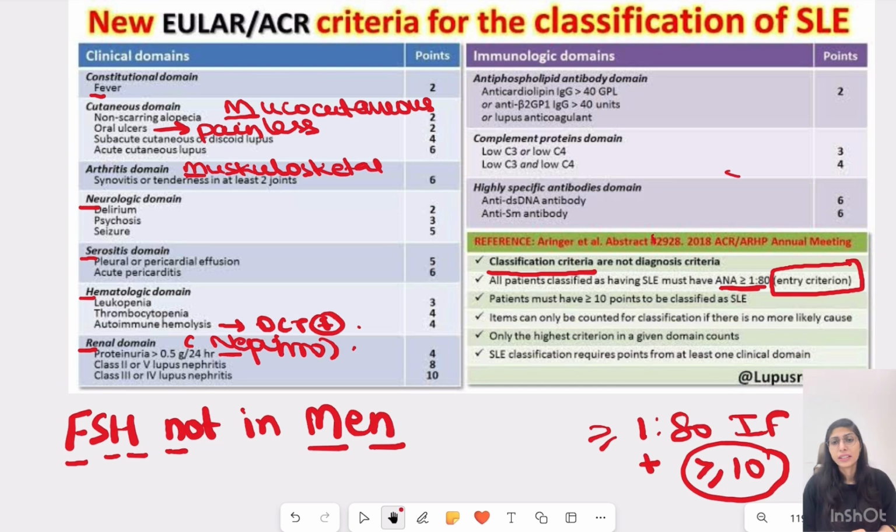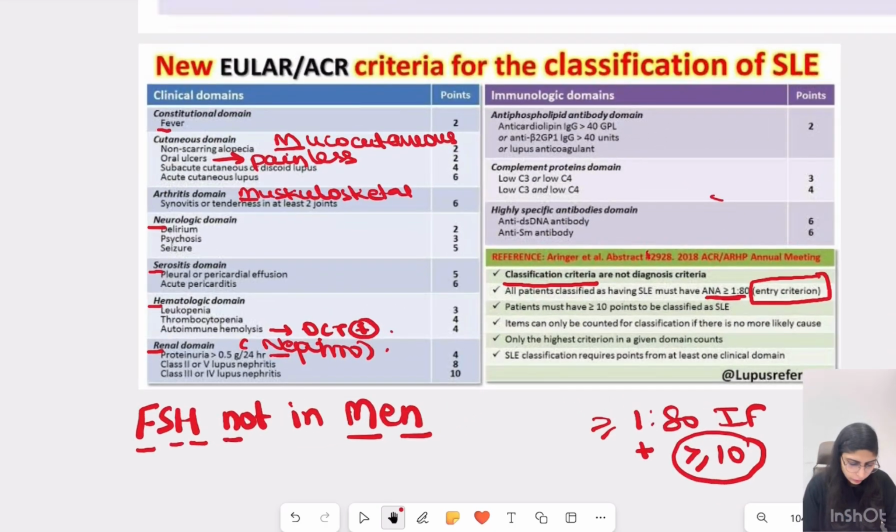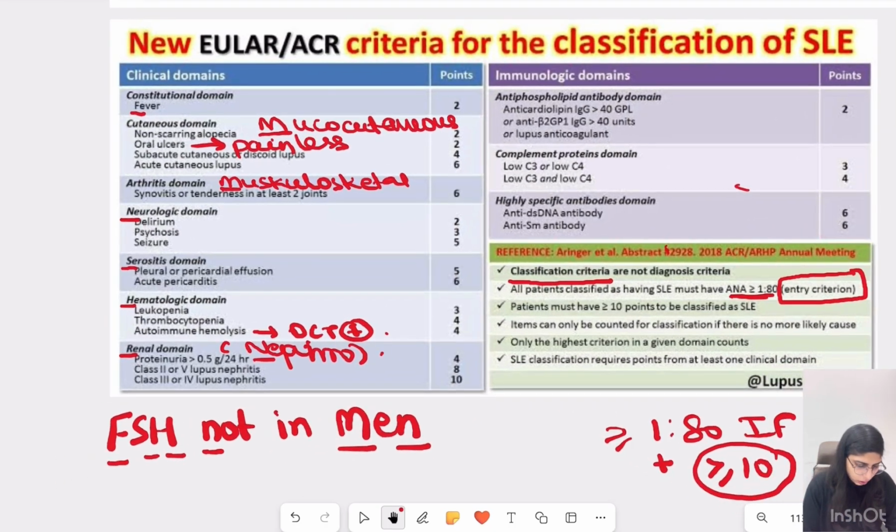And we know the cutaneous features can be acute, subacute, or chronic. Acute is malar rash. Subacute is again malar rash. Chronic cutaneous SLE is DLE, discoid lupus erythematosus, where we have discoid lesions. We can have a carpet tack sign too. So this is all about the clinical domains of the EULAR ACR